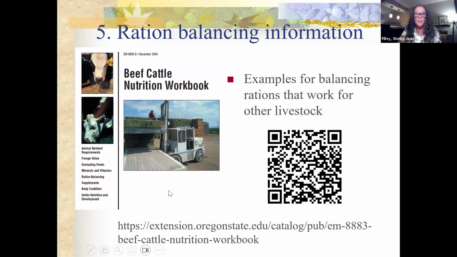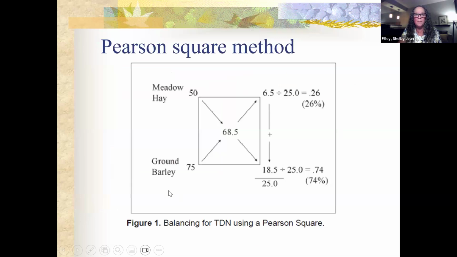Okay, so hopefully you can get through that. So in this workbook, it shows you how to do a simple ration balancing method called the Pearson Square. So this is in the beef nutrition workbook. And Dr. Pearson was a mathematician, and he used this Pearson Square method to determine